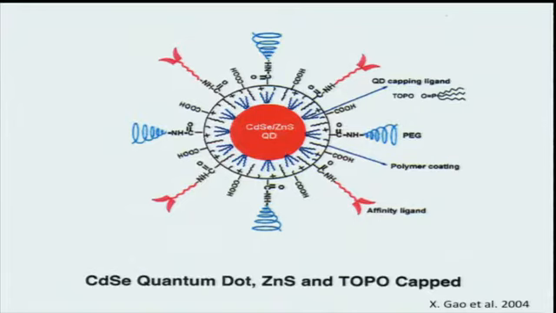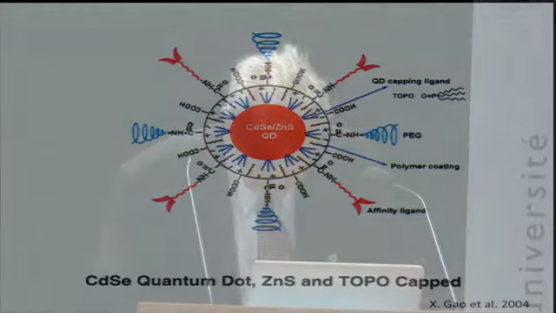All right, well, the next slide is a schematic picture of a quantum dot. This happens to be a cadmium selenide quantum dot with a thin layer of zinc sulfide around it and something to protect the whole thing. These are trioctyl something or other, TOPO it's called. And if you wanted, you could attach various things to it and use it as sensors. So this is what we'll be talking about.